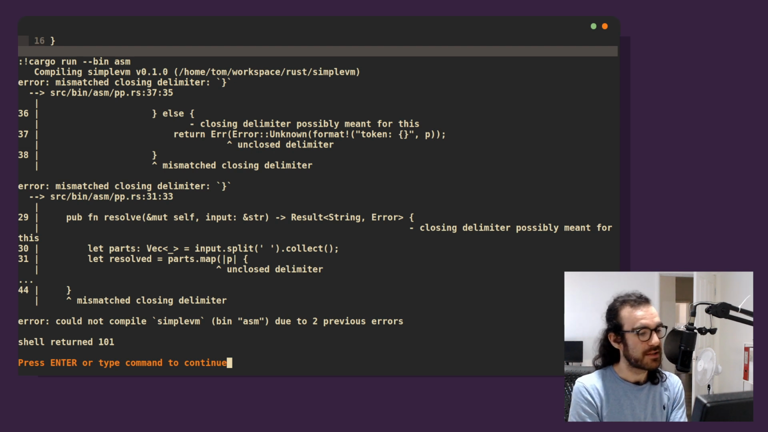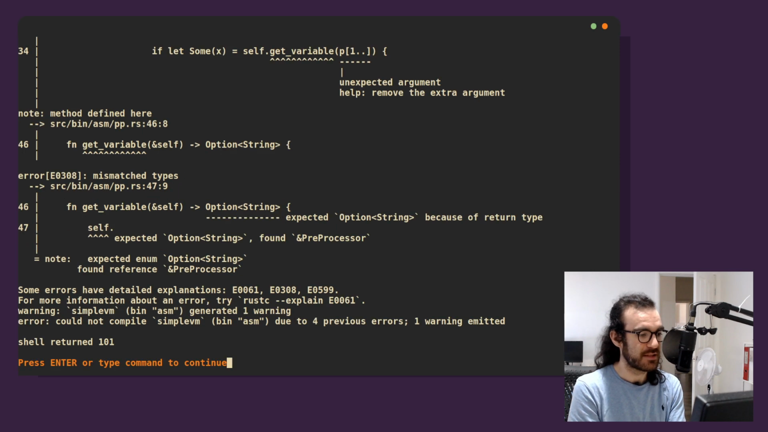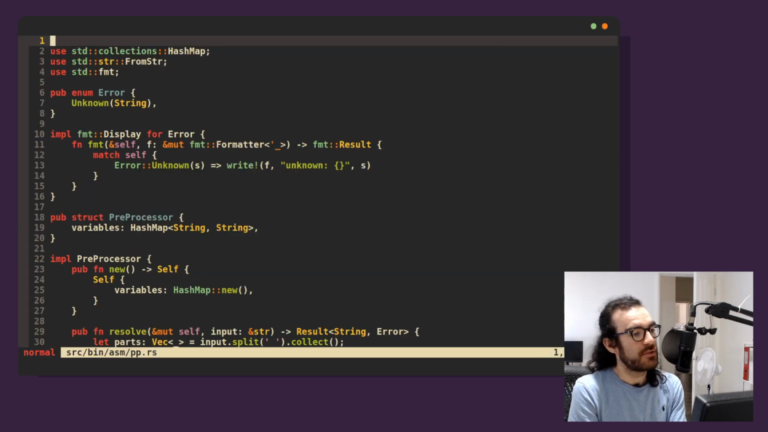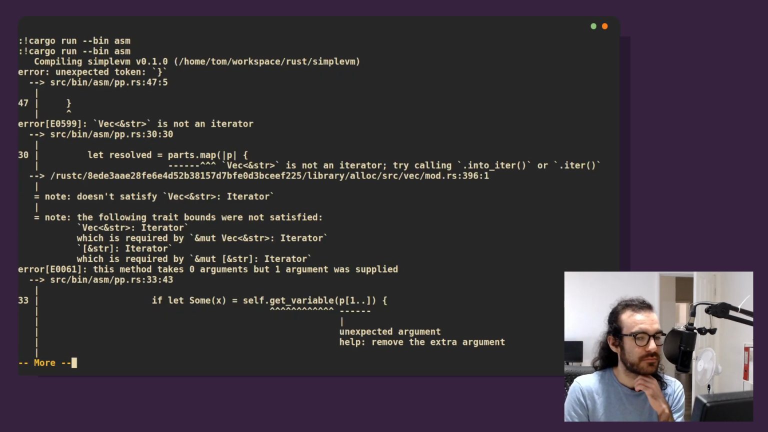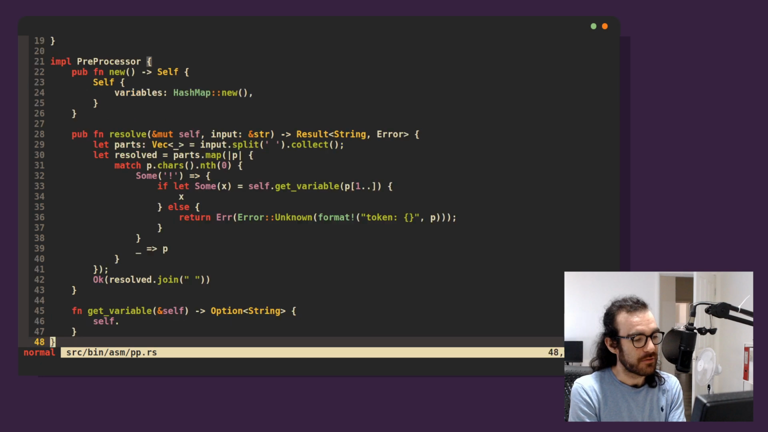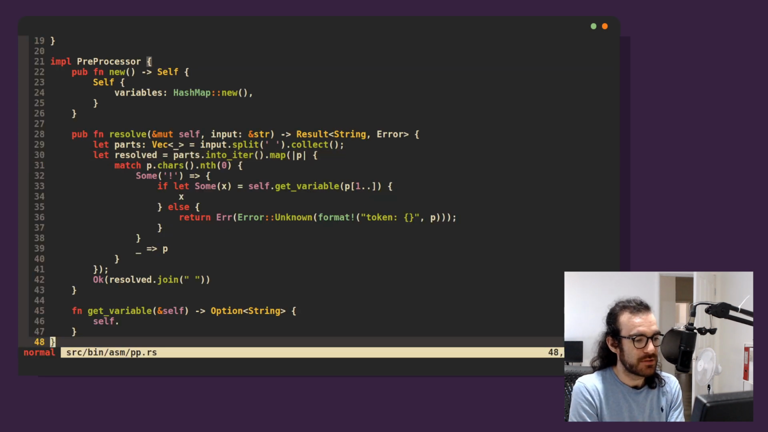Unclosed delimiter, perfect. That's the kind of thing we like to see. These things are easy to fix. We didn't close this in our map either, so that's good. Unused import from stir, you're gone, you're out of here. Vector is not an iterator. Yeah, of course. We need to do that first. Method takes 0 arguments, but 1 argument was supplied. That's because